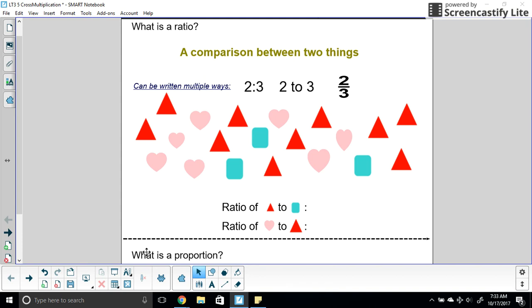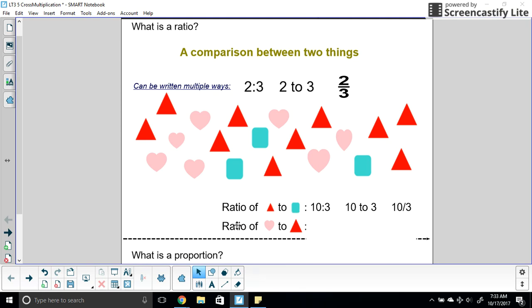So we're going to do two examples. We have triangles, hearts, and squares, and we are going to write a ratio of triangles to squares. So first we're going to count the number of triangles. 1, 2, 3, 4, 5, 6, 7, 8, 9, 10. And then we're going to count the number of squares. 1, 2, 3. So it's 10 to 3 from triangles to squares, and we can write them in three different